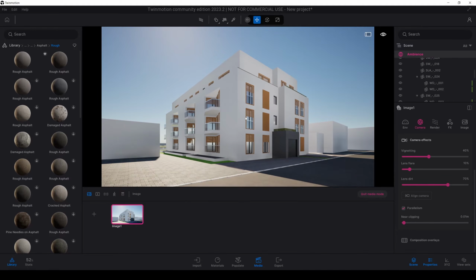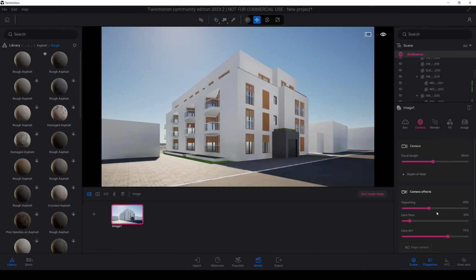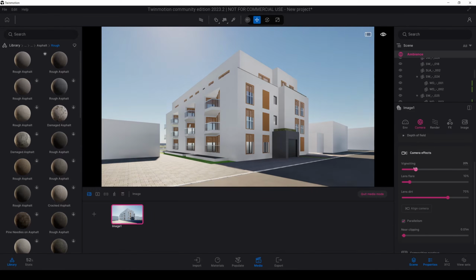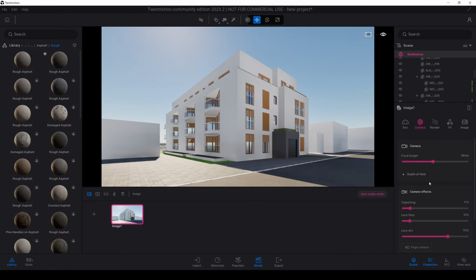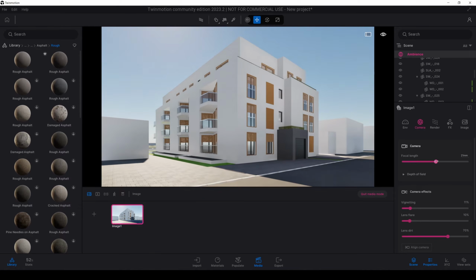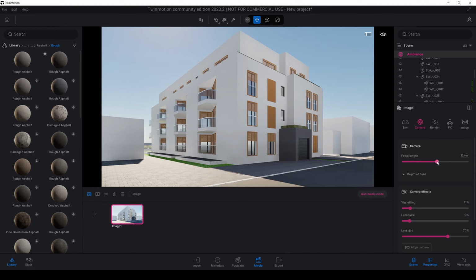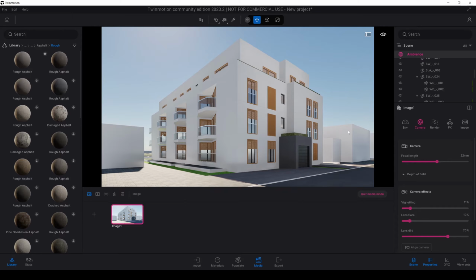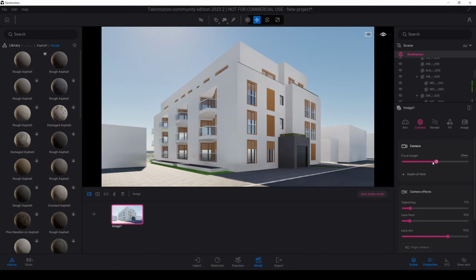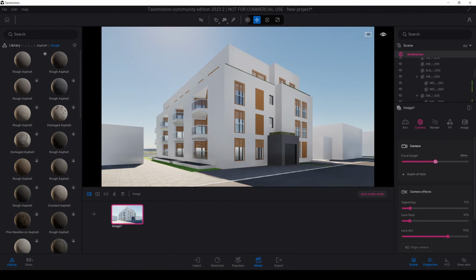The angle will be something like this. Do not forget to click this refresh button to save your view, because we have changed the camera position again, and we will reduce the vignette strength and change the focal length. I want to be closer to the building because environment is not important. Important thing is building, of course. And click refresh. The camera is okay for now.